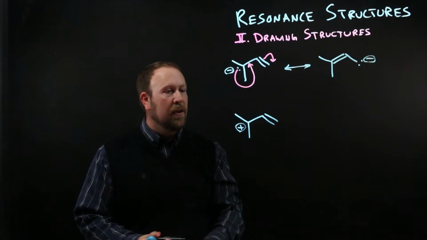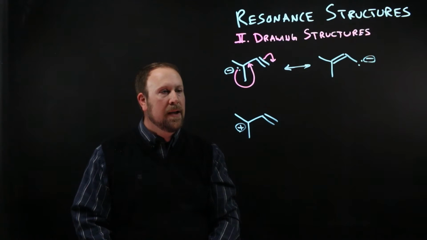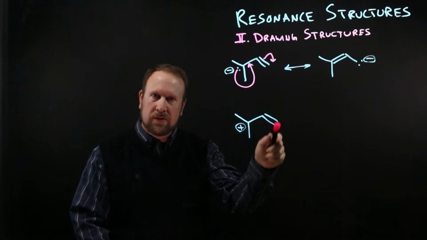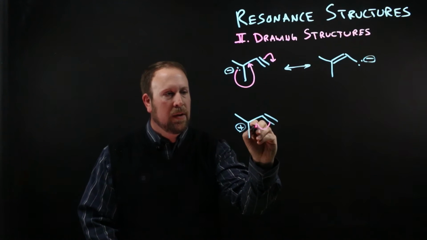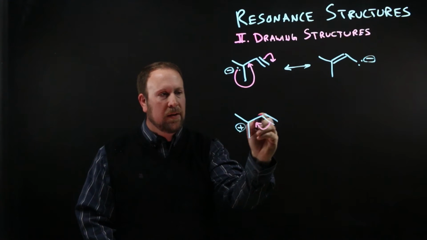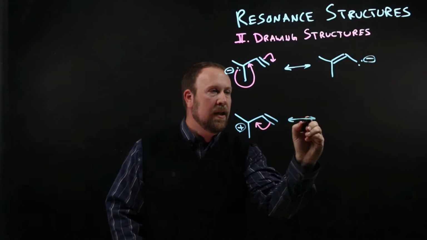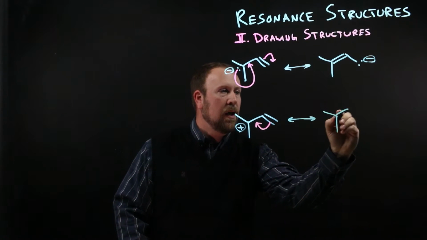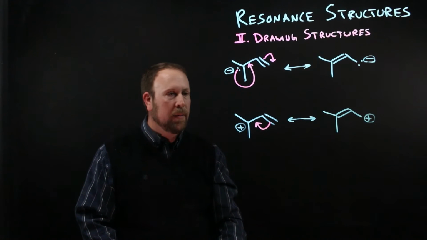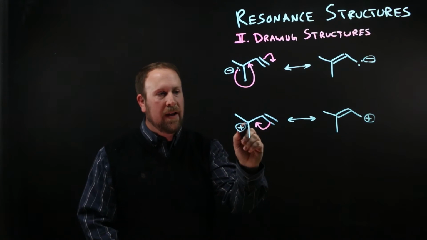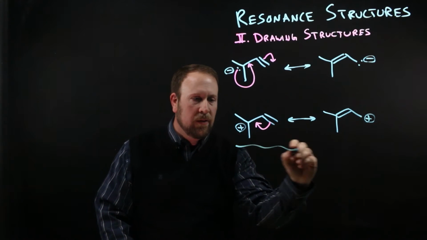In our second case, we have a positive charge on an atom that's one bond away from a pi system. And in this case, we want to push the electrons towards that positive charge. So we're going to start off at our pi system, take those pi electrons to make the new double bond here. By doing this, that's going to leave the other carbon electron deficient. So now we have a positive charge on that carbon. It's important to recognize this one bond relationship to our pi system. If we look at another example,